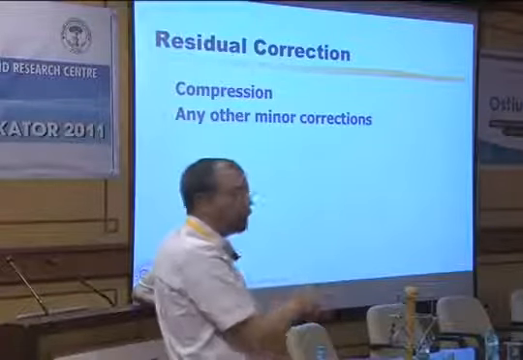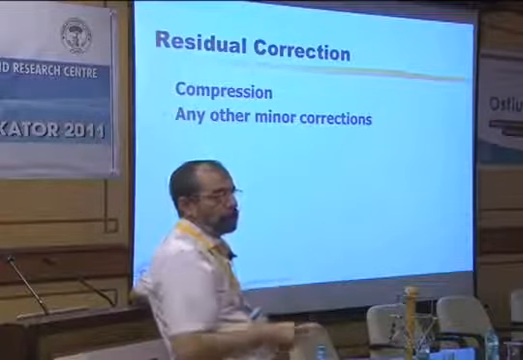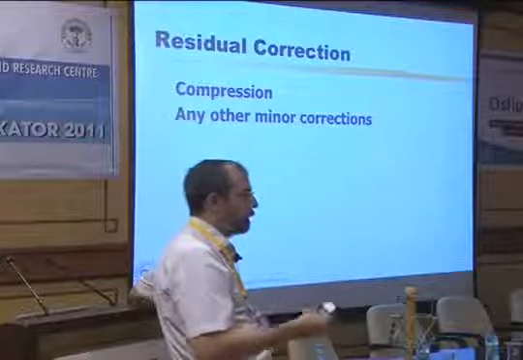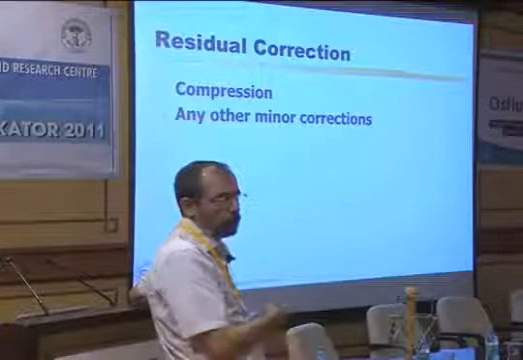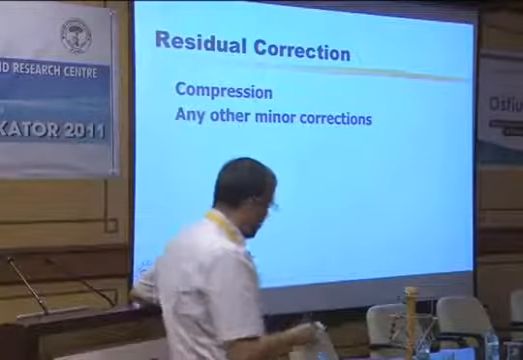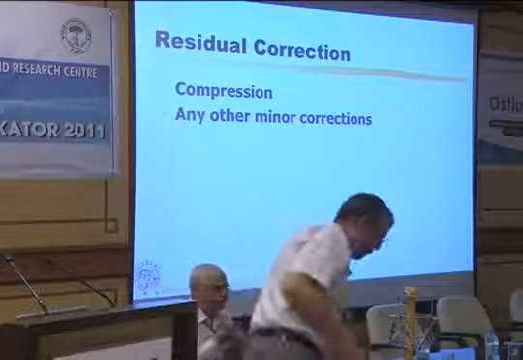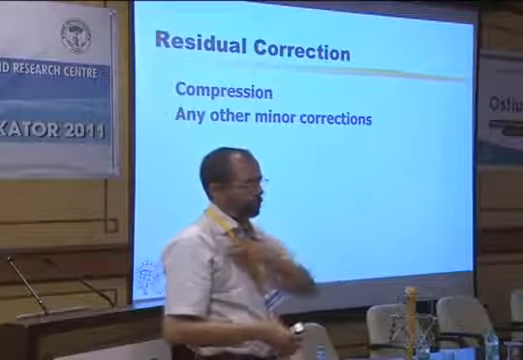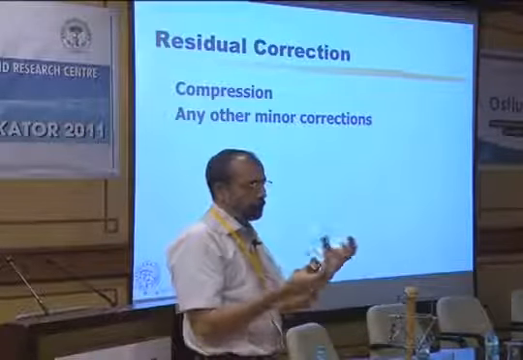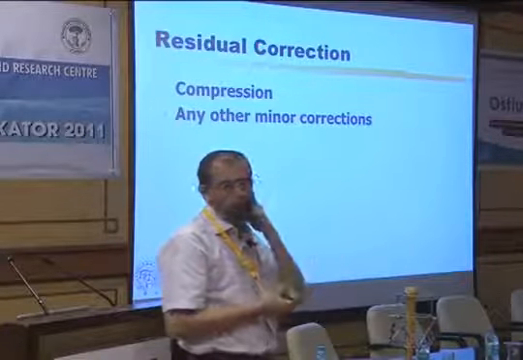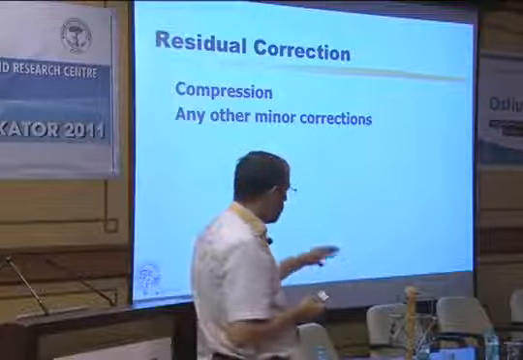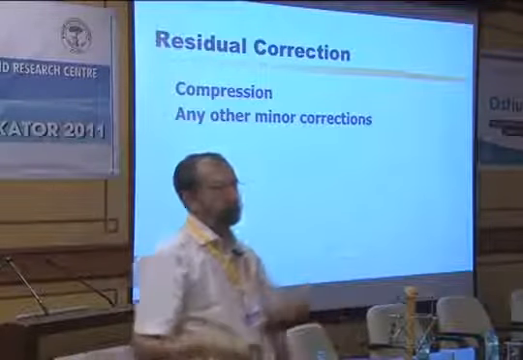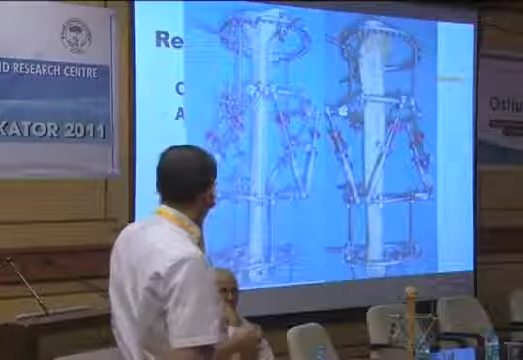And all of this is done without changing these rods. You can do this with conventional Ilizarov also. It's not that you can't do this, but with a conventional Ilizarov, if you have to do angulation, the kind of frame is different. If you have to do translation, then you have to use a translation box or a translation device. And here the most important thing is you can do everything together.